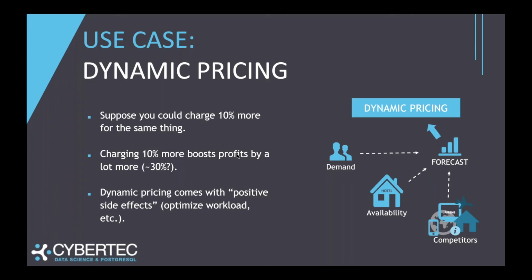And of course there are some other positive side effects, like you can optimize workloads or whatever. But I just want to point out that a small improvement by just having more data, being more efficient, having better response time, can not just give you a small improvement on the bottom line, it can give you a major boost. And what Swarm can do for you in this area, if we go to the next slide maybe,